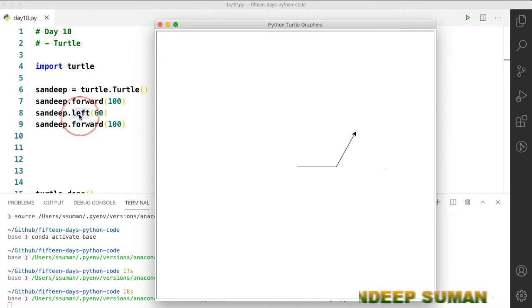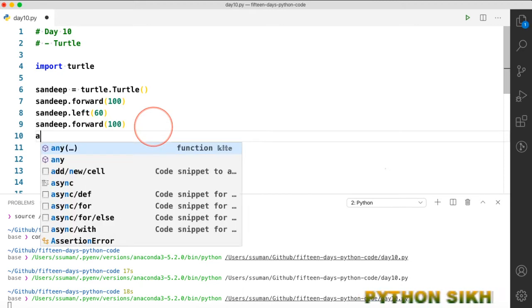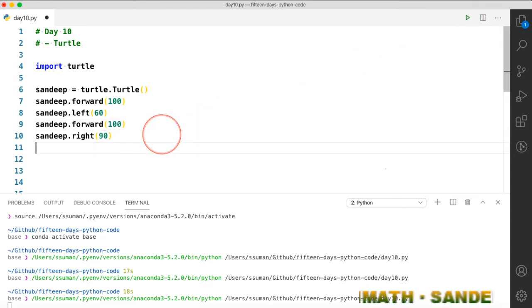You can also move right instead of left. You can use the right command to turn the turtle right by any angle. Suppose we want to rotate by 90 degree, and also we have to go forward in order to see the effect, 100 pixel again.